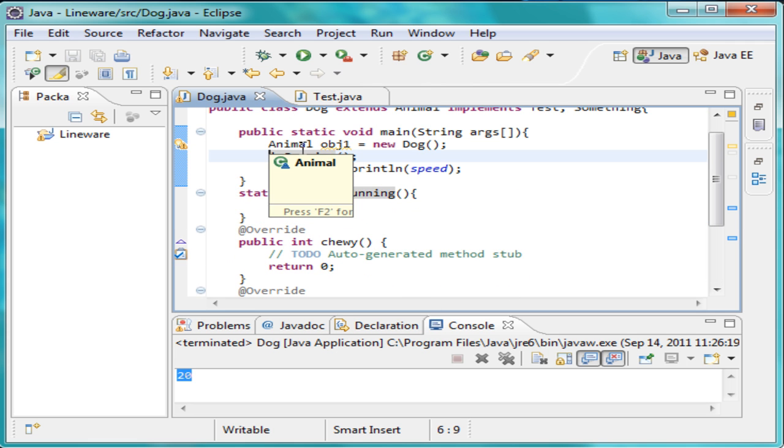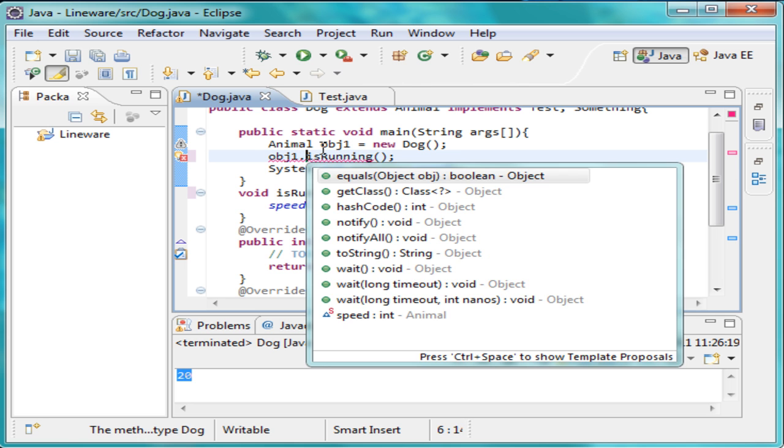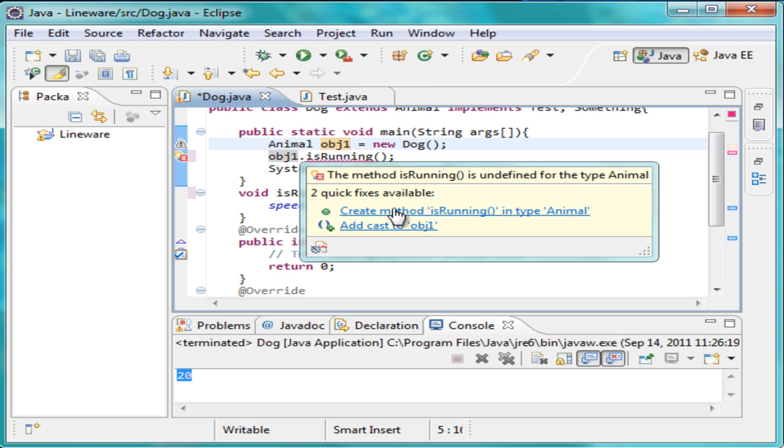We'll make this non-static anymore. Let's go ahead and take that out, and that means we actually have to create, well, we already have a dog object, so we don't have to create that. So let's go ahead and do object1.isRunning. And if you notice,